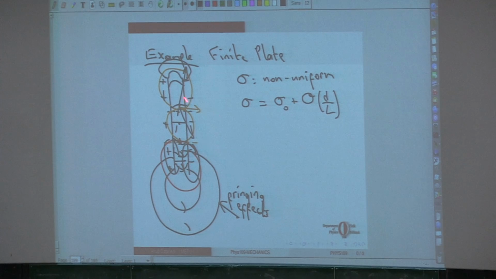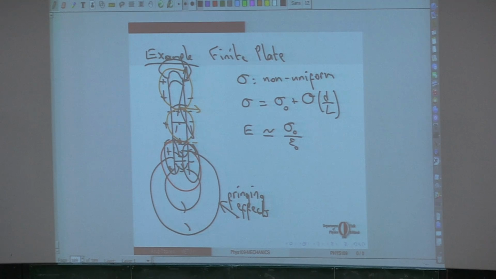We know that at least in the center, the electric field is uniform, and its magnitude is always sigma 0 over epsilon 0. It will be only approximately true because of these effects that we are ignoring, but it will nevertheless give you